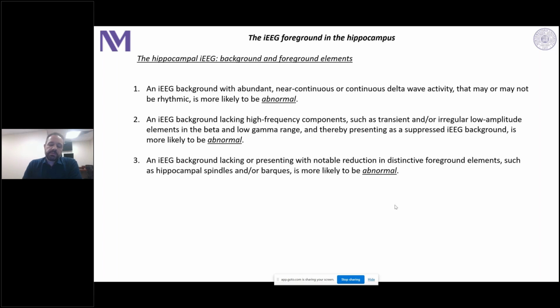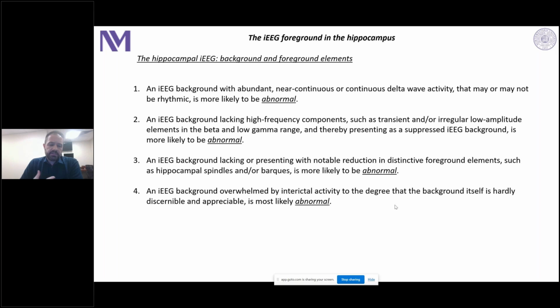But the hippocampal spindles have something between 85% and 90% presence in the normal population. So if they are not there, it's more likely that this is an abnormal hippocampus. And finally, if the EEG background is really overwhelmed by interictal activity to the degree that the background is hardly appreciable, that's most likely abnormal. I will give you some